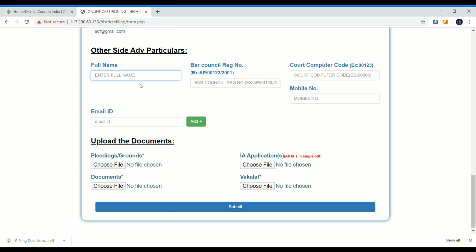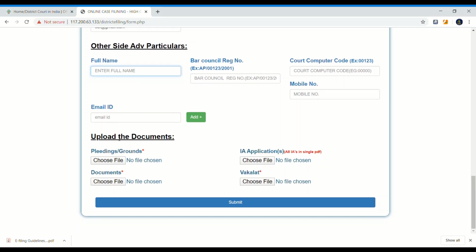If you know the other side particular details, you have to enter them. And then I have to upload the pleadings which I already have along with me, and the IA, again the supporting documents, and the vakalat form.